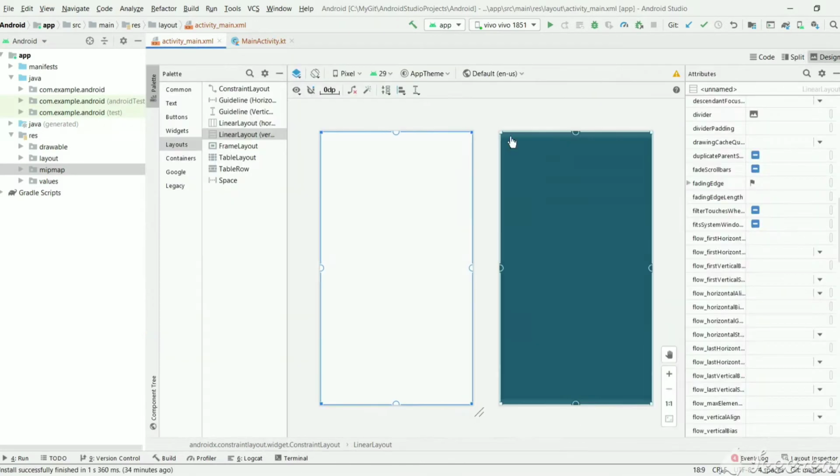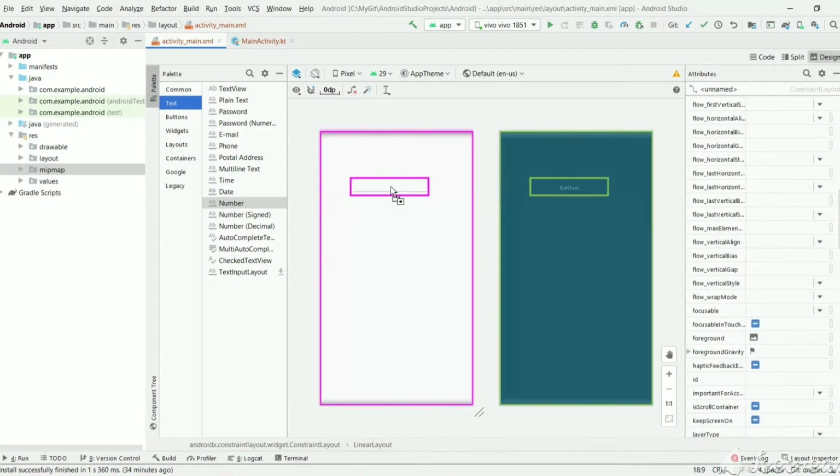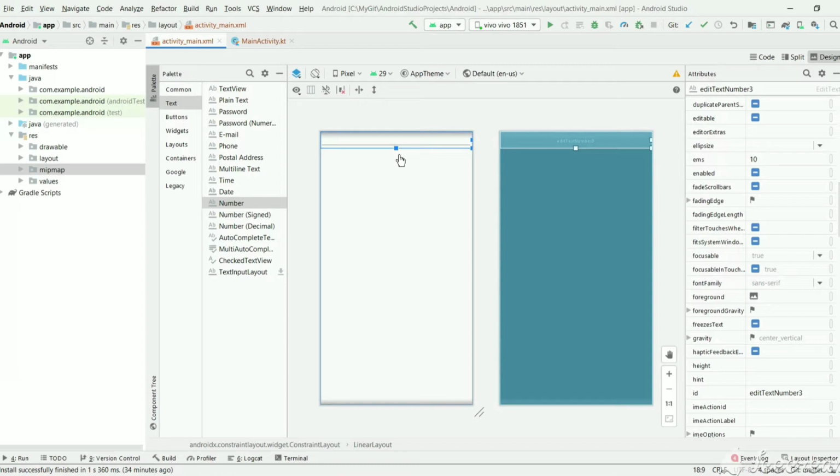And let's go to design, and now we need two input text boxes. We need to take two numbers. So if you go to the text section, we will be having a number text. Just drag and drop here. So we need one more number.